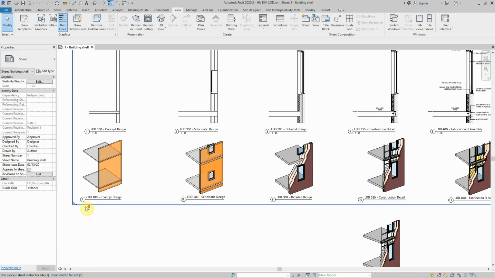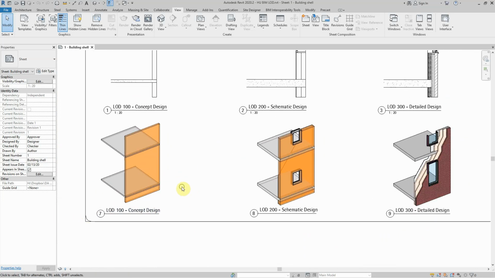Starting with LOD 100 or concept design, think of a design process where you start designing your building with a massing model, and then you convert that massing model into external walls and floor plates. From this model, now you're able to start a conversation with your client, the planners and the quantity surveyor on the massing of this building within its neighborhood, the floor areas that you're able to obtain, and potentially a ballpark cost given the floor areas you're able to obtain.